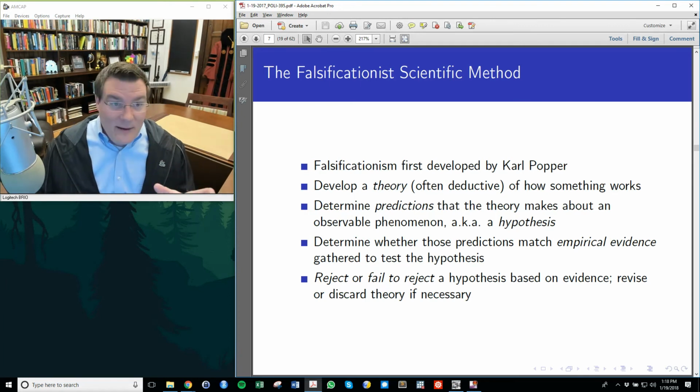A implies B, right? So A is your theory, B is your prediction. So if A is true, then B is true. If you find that B is false, then logically you can infer that A must be false, because A implies B. If A were true, then B would be true. If B is false, A cannot be true. There's no way that A is true and B is false at the same time. Logically, there is no problem there. As long as I can show B is false, I can infer logically that A must be false.